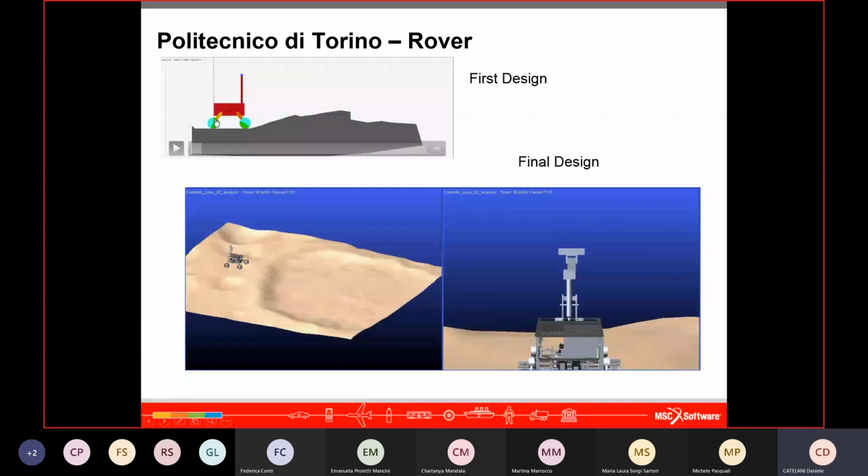And he was able to create a control system which allows the rover to move on any kind of surface. You see a lot of obstacles or problems on the road, but the rover was able to maintain stability,